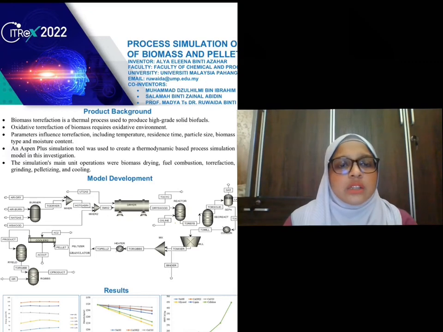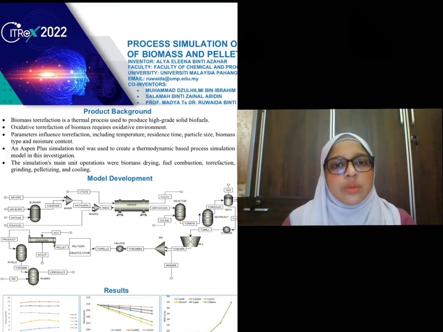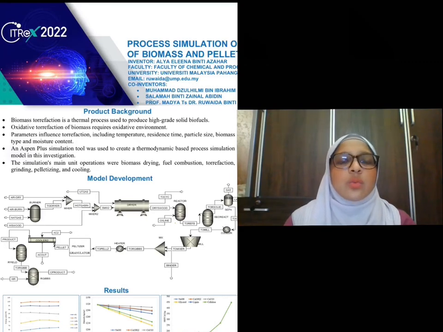Next, there are 2 main objectives of this work. Firstly, to study the oxidative torrefaction of EFB and test the effect of torrefaction at different temperatures ranging from 220 degrees Celsius to 300 degrees Celsius with different concentrations of oxygen medium, 0 weight percent to 21 weight percent. Next is to study the efficiency of organic binders, lignin, cellulose and glycerol, and inorganic binders, NaOH, CaCO3 and Ca(OH)2, at different concentrations ranging from 0 weight percent to 10 weight percent.